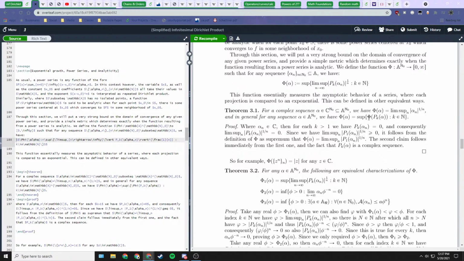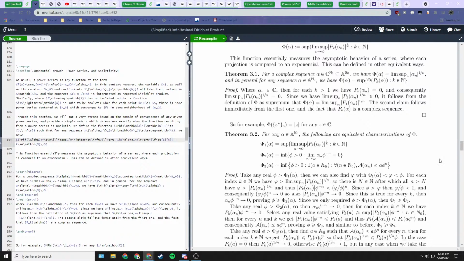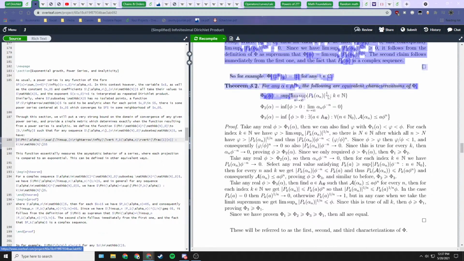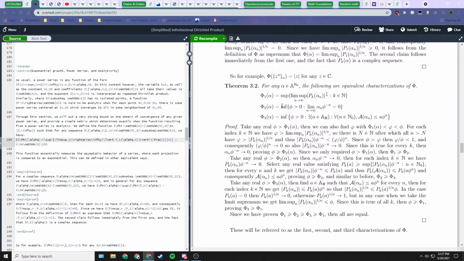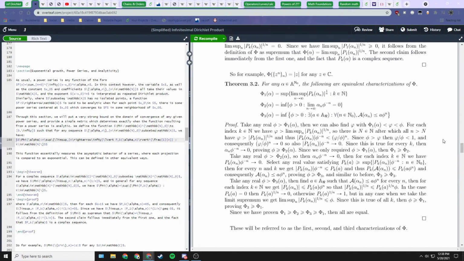With that, I've updated some of the theorems. I've also added a proof for these different characterizations. So we had these three different statements, these three different characterizations of this capital Phi function. The default definition is this lim supremum definition of the root test. But we also have the other two characterizations that we stated. Before we didn't have proofs for these, but I added one in between. It was mostly a lot of analysis, but we can go through it.